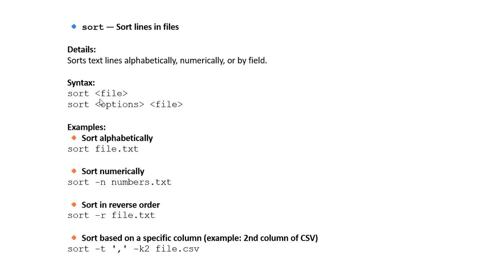The syntax is sort files, or sort options files. For examples, to sort alphabetically: sort file.txt. To sort numerically: sort -n number.txt. To sort in reverse order: sort -r file.txt. To sort based on a specific column, for example the second column in a CSV: